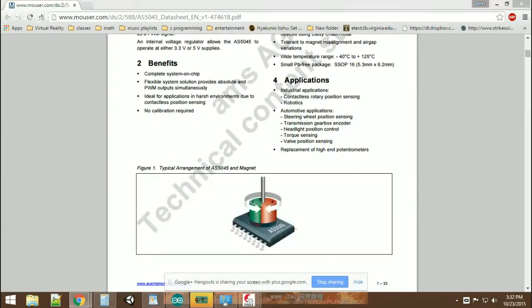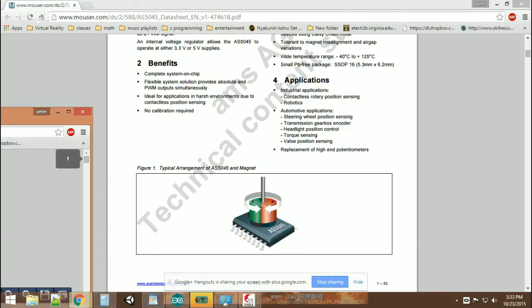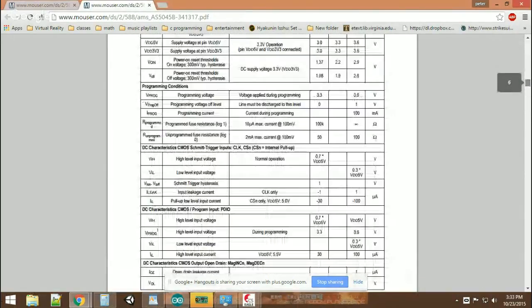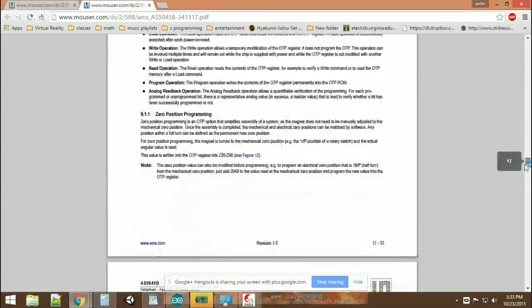45. Maybe that was the wrong one. Nope, not that one. Go back to Mauser and pull up the right spec sheet. 45B, 45B product sheet. Okay, 45B. And if we go down and we look at daisy chain mode,